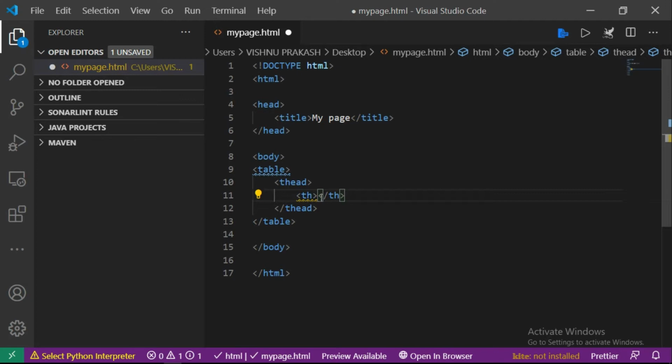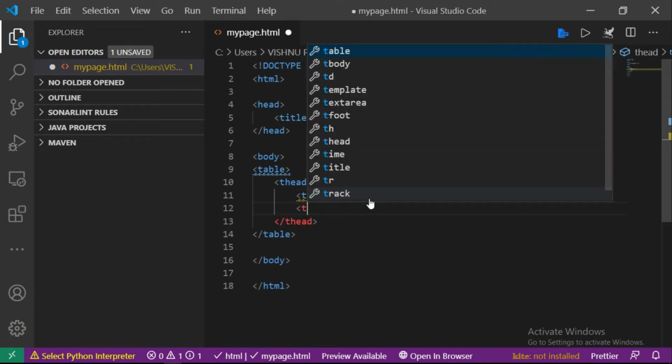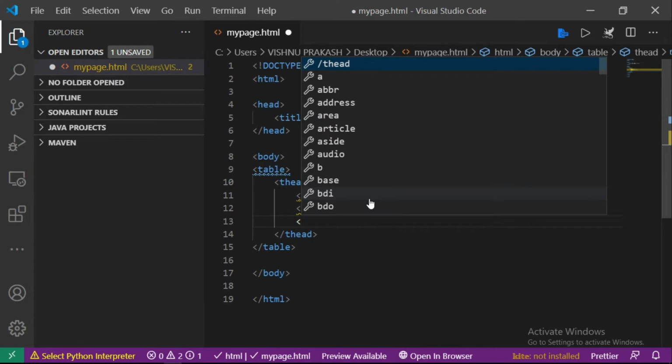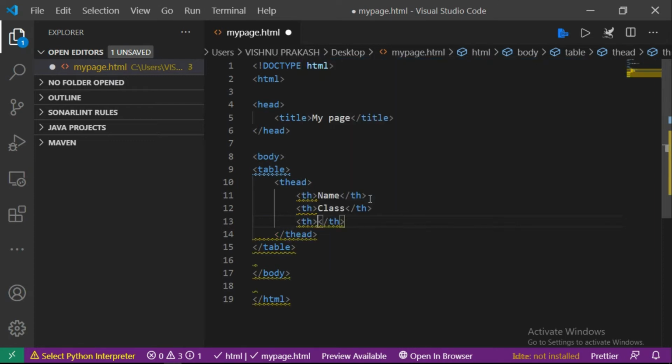We'll just give something like name. For one we'll give the name. We'll create 3 th with the name, then we'll give a class, then the same th for division. So this is the first thing for the heading.